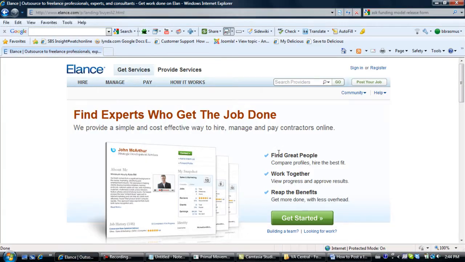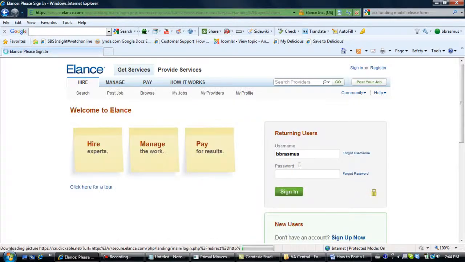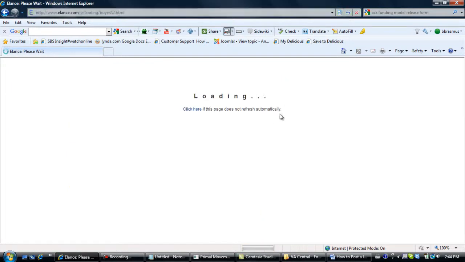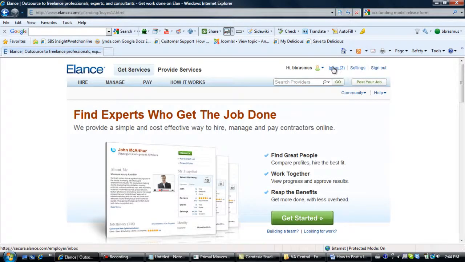I've got it open here already. This is the home page. You go to sign in up the top right. That's my username, password, enter. And then you go back up to the right hand corner where it says inbox, click on there. I've got 2 messages,